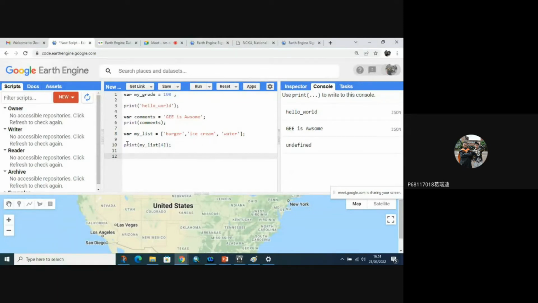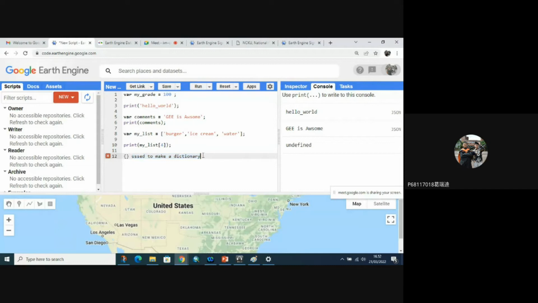So let's continue with the curly brackets. The curly bracket is used to make a dictionary.